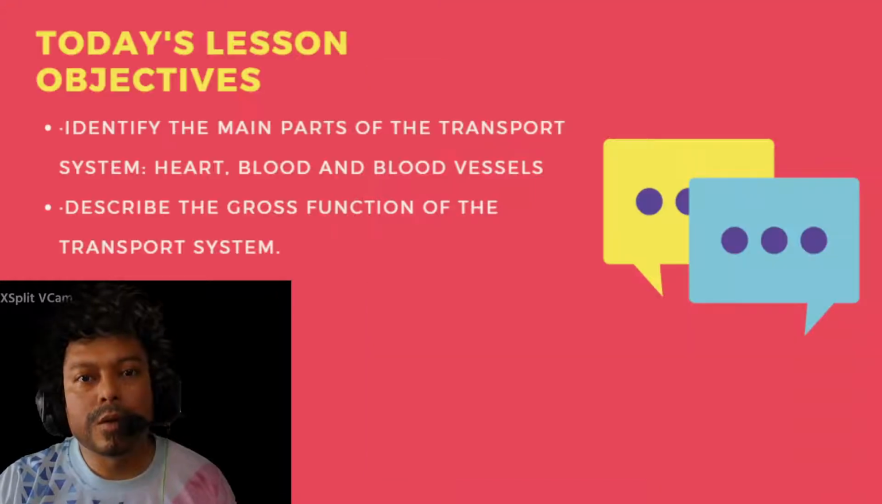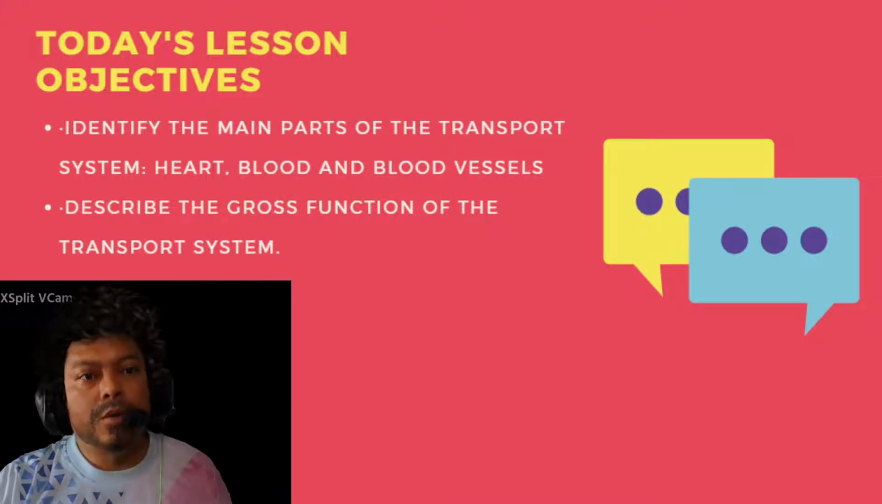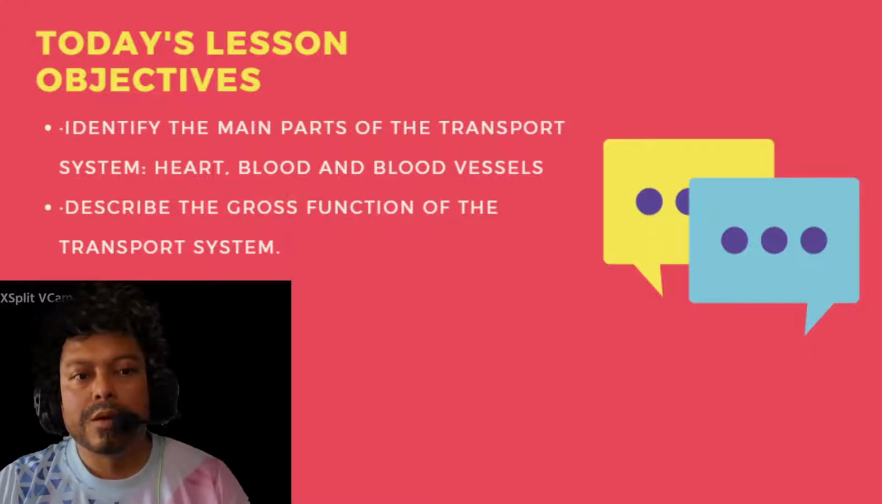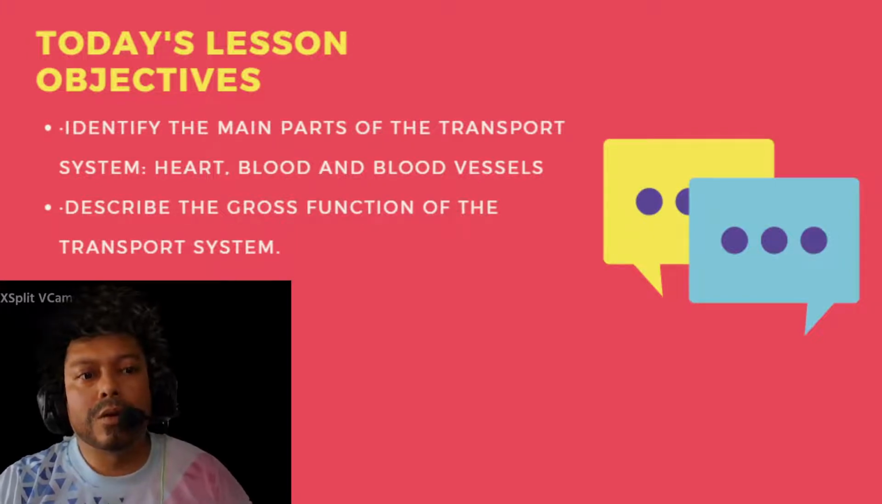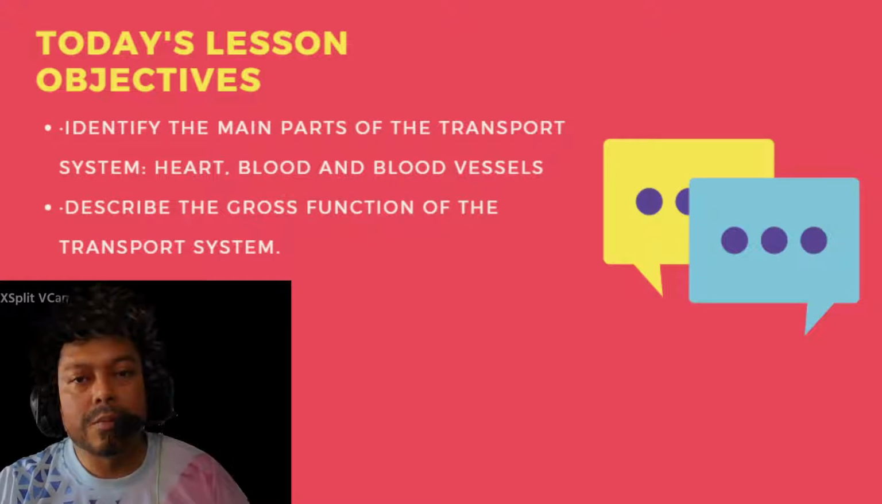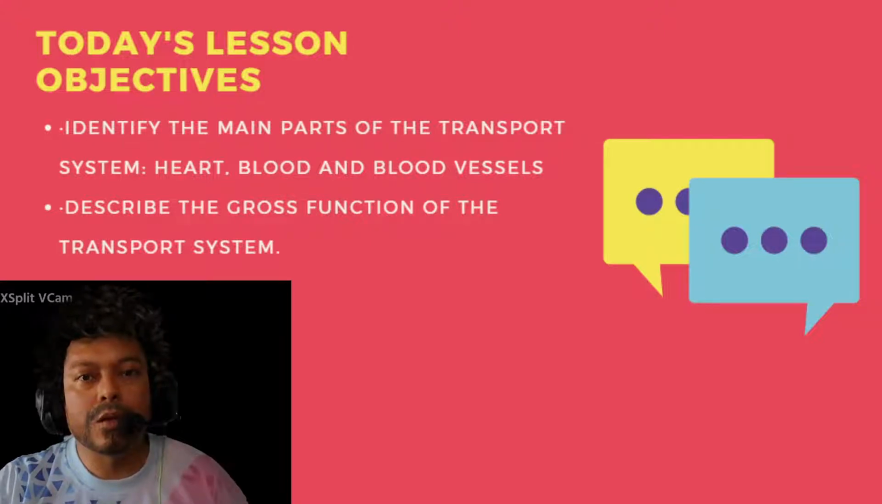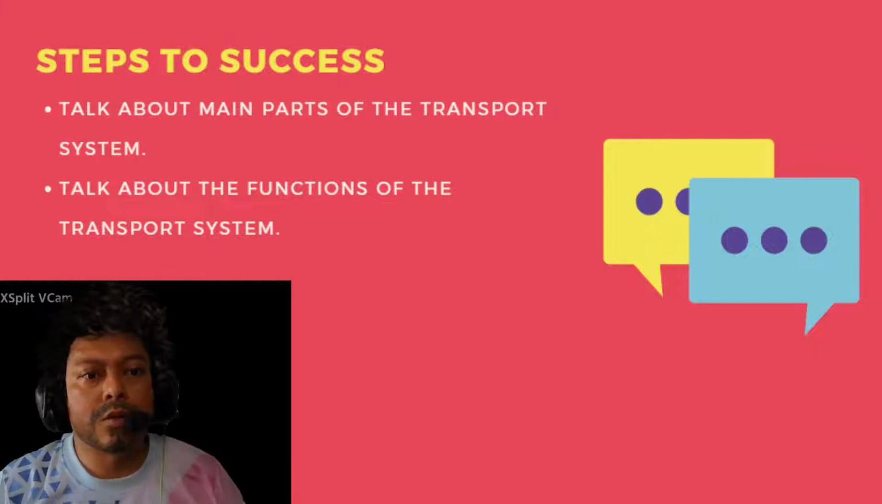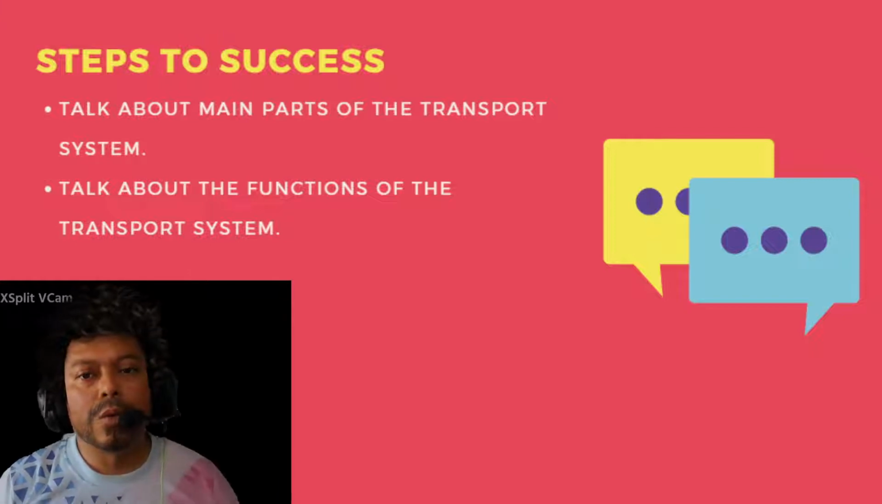Walhamdulillahi rabbil alamin. Okay, for today's lesson objectives, it would be to identify the main parts of the transport system, that is the heart, blood, and blood vessels. We shall also describe the main function of the transport system. So the steps taken would be we shall talk about the main parts of the transport system and its function one by